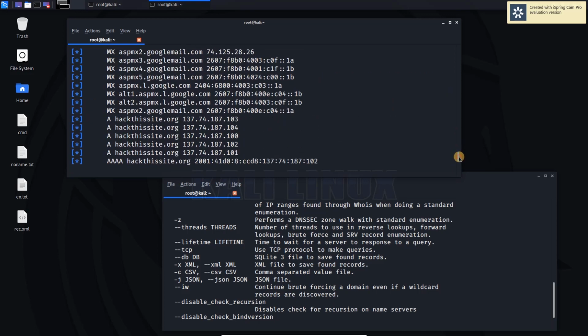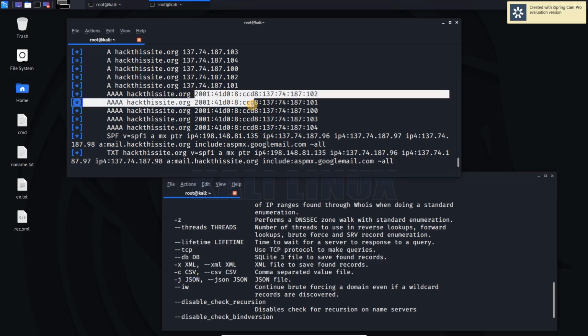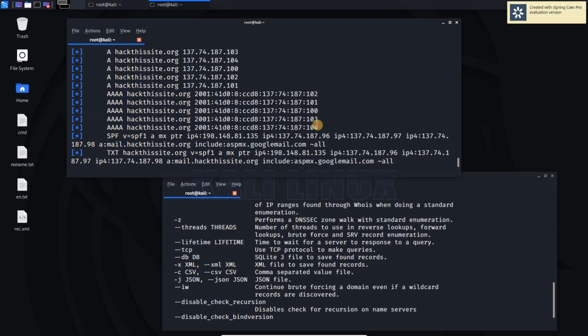For example, this gave us the AAAA record also, which is the IPv6 address, and in DNS enum we were not able to get this record. We were only able to get A records.